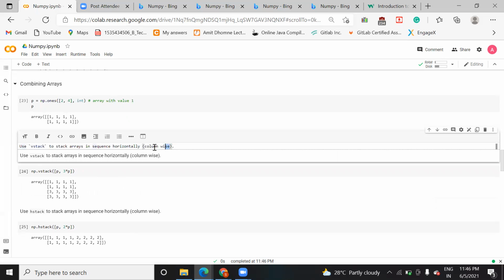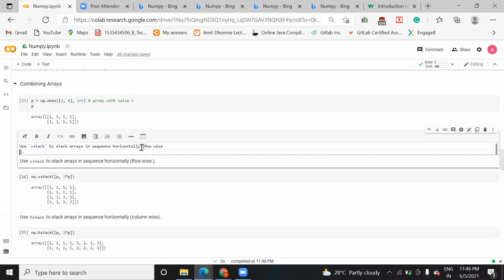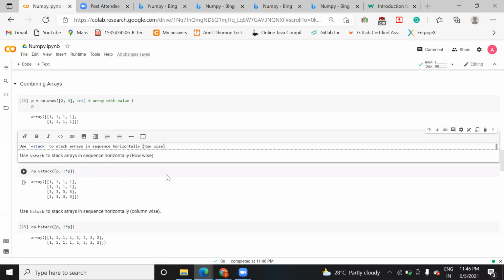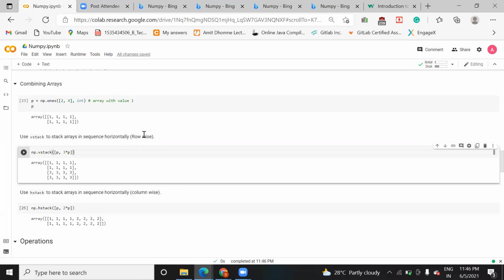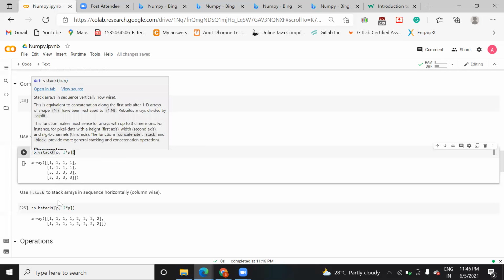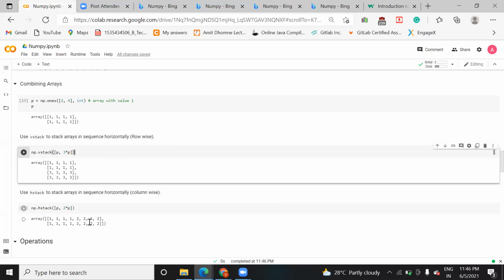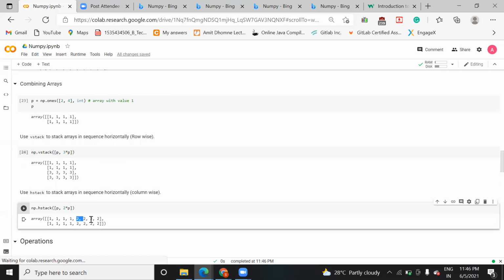Here actually this will be row wise, I made a mistake while writing it. Here it is row wise because vstack is adding a new row, and here with hstack the elements will be added on the horizontal line, but it creates a new column.